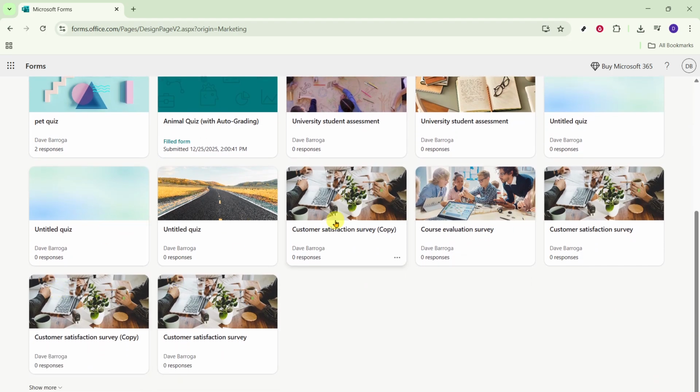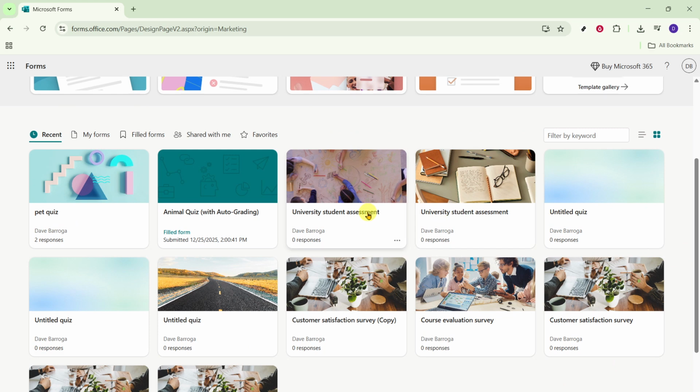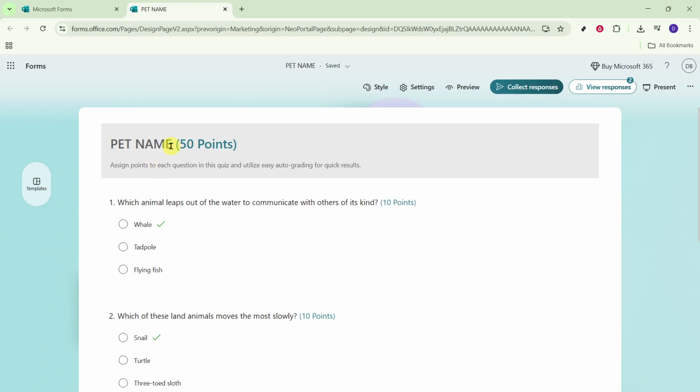If you have a lot of content, take a moment to scan the recent section. The thumbnail and last edited time can help you identify the right one. You can also rely on the titles you remember, which makes keeping names clear even more important. Click the form or quiz you want to update to open it in the design view. In the example, you might see something like an animal quiz, but the process is identical no matter what your